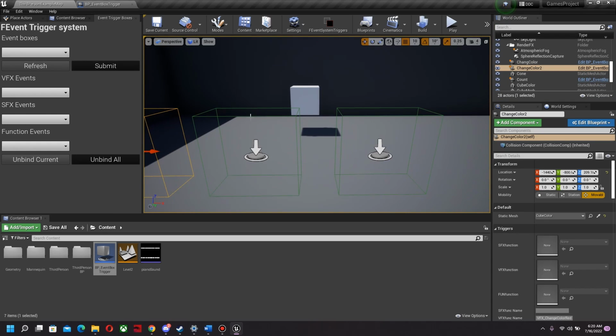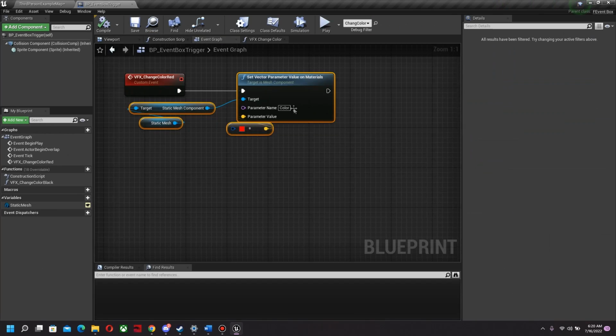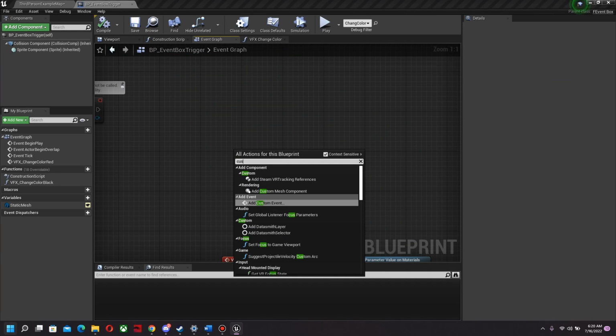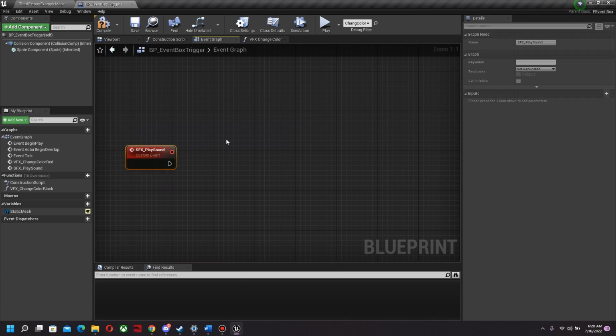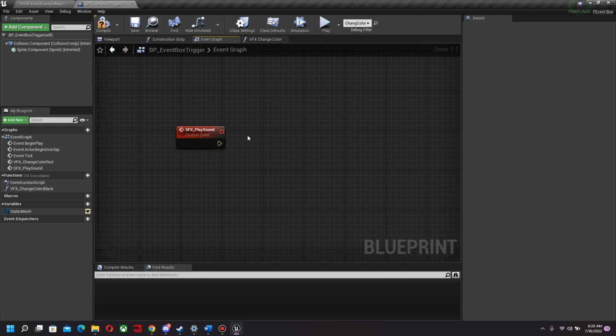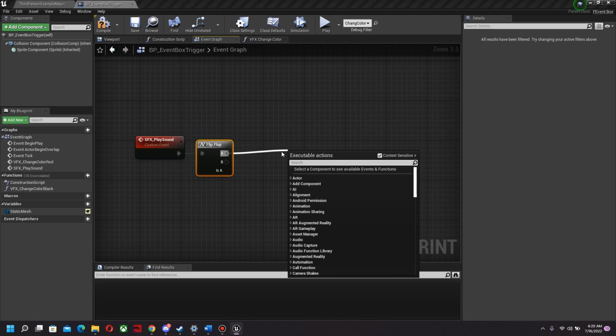Now for my sounds, I'm gonna make this trigger box play a sound. So I'm gonna prefix this with sfx underscore and then play sound. Now I'm going to play the sound when the player collides with it, and then when the player collides with it again, stop the sound. So I'm going to add a flip-flop, create a sound,